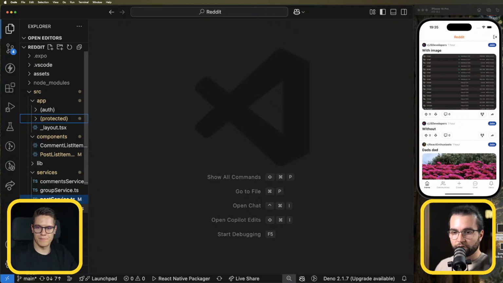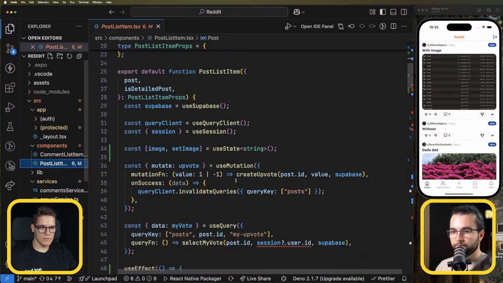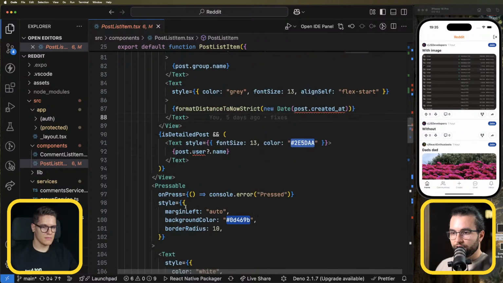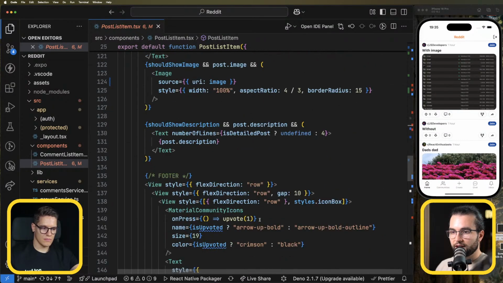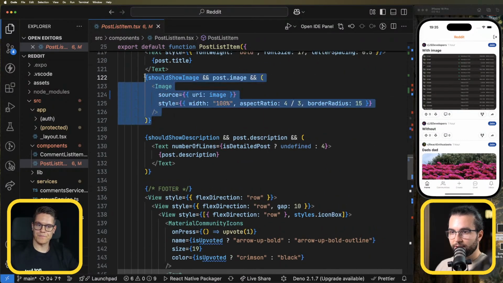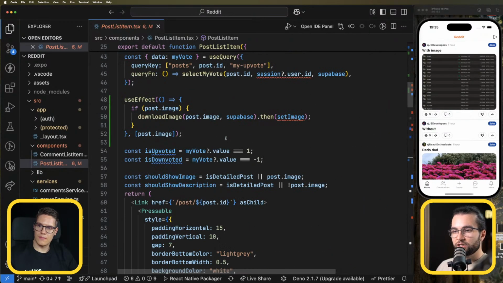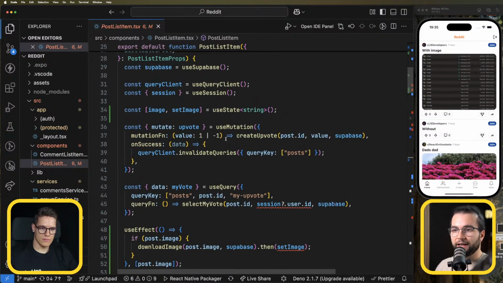For example, if I look into the components post list item, to render this image that is coming from Supabase, there is also always going to be a couple of steps